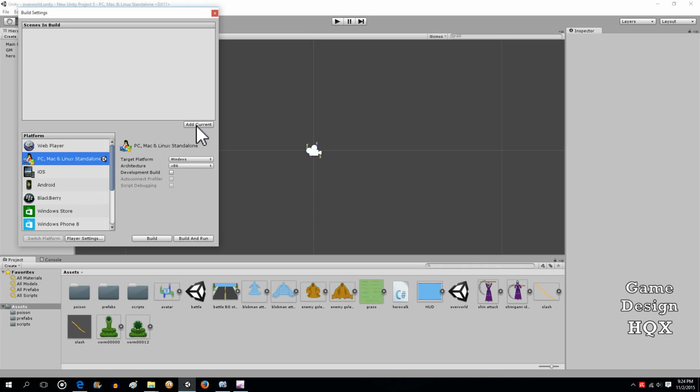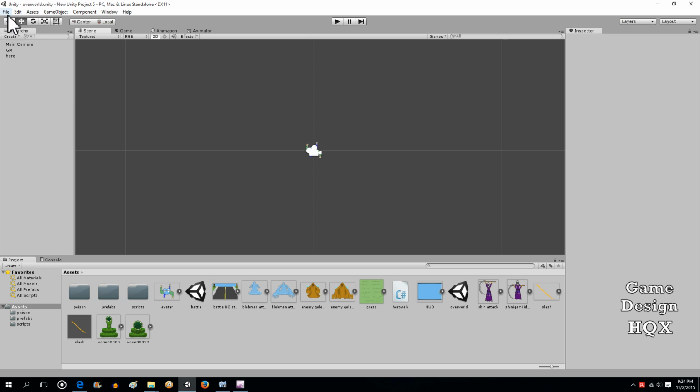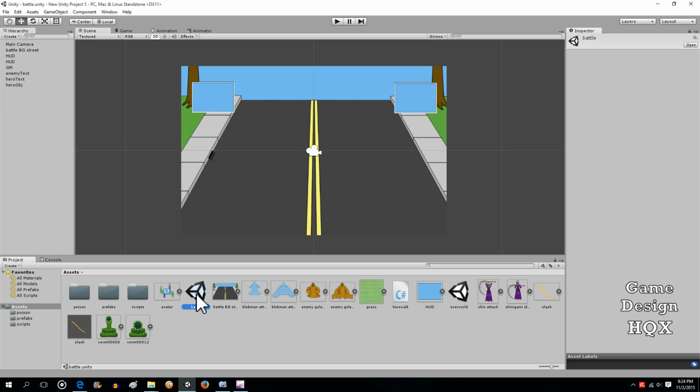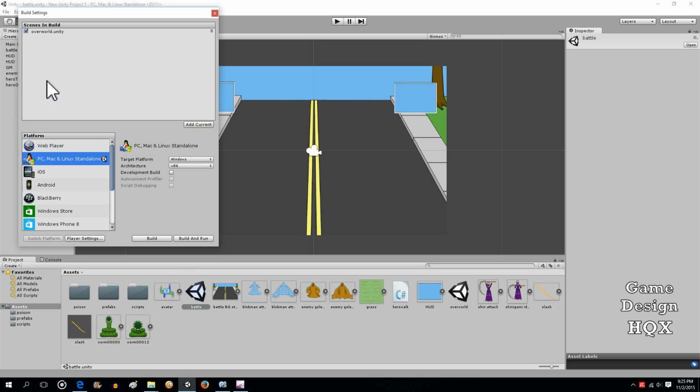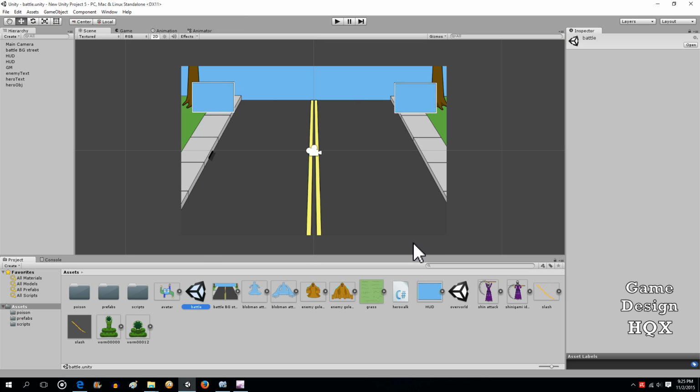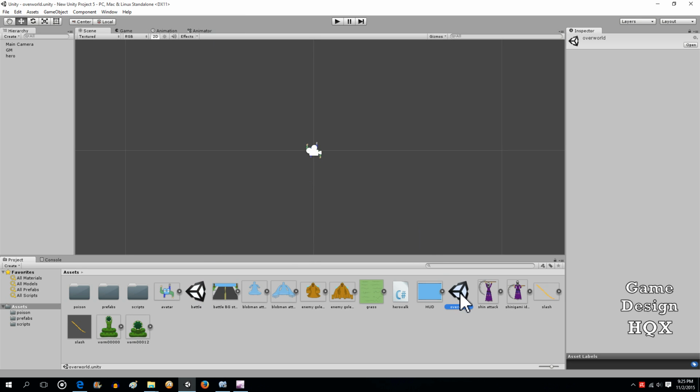So what we do is when you're in a scene, you choose Add Current, and then we'll just close out of that. We'll save our scene. Go to Battle, just by double clicking on it. Go back to Build Settings, Add Current. Now both are in there. Close that. Now we can go back to Overworld,